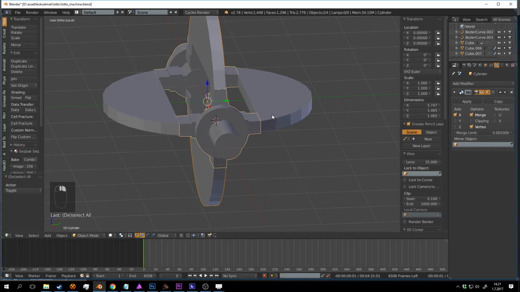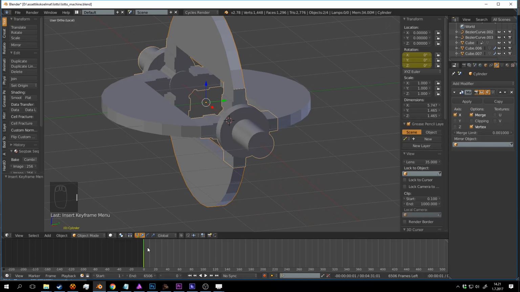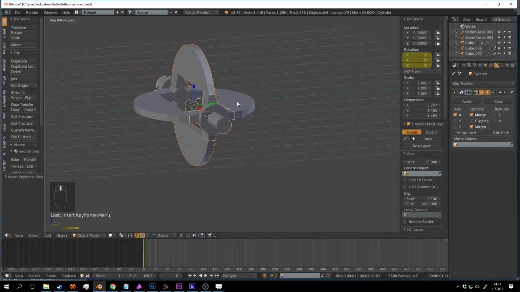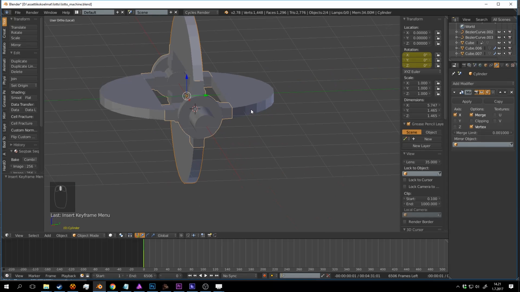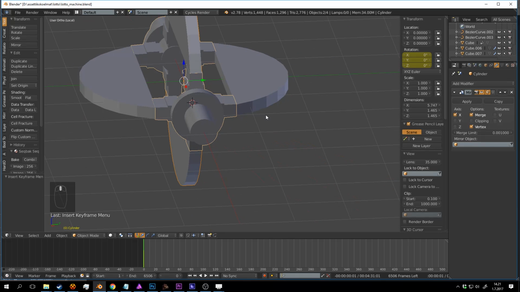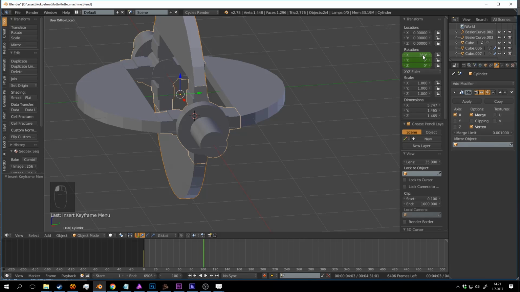So let's select those both and then press I and rotation. And then how long it should take to rotate this whole thing. Don't go too fast, because if you go very fast then you will end up with very bad problems. So you should animate this quite slowly. So let's like 1, 2, maybe 100 frames, and then go here, and then the direction is here, this x-axis, so here 316, and then